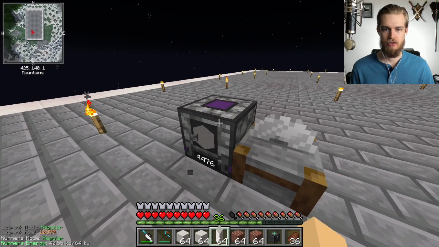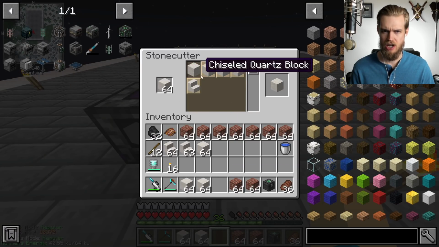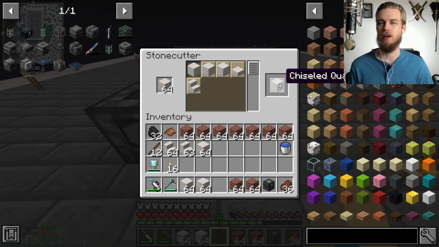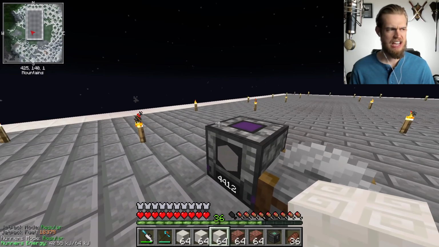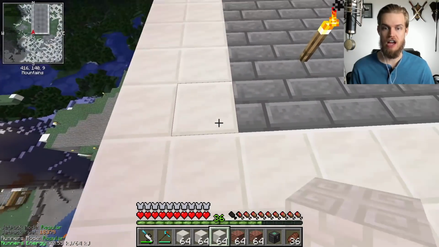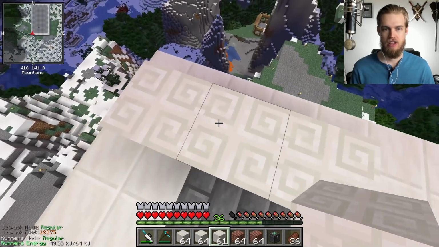So all I need is, I guess, several stacks of quartz, and I'm gonna make these the chiseled quartz blocks. There's also bricks, there's also pillars and slabs, but I want the chiseled quartz blocks. This is gonna give it a little bit of flavor, okay? So I'm gonna make 3 stacks of these, or you know what, I might as well make 4. I don't think I need these anywhere else, so I'm just gonna go ahead and begin here. So this is gonna go on top of the regular quartz layer here,